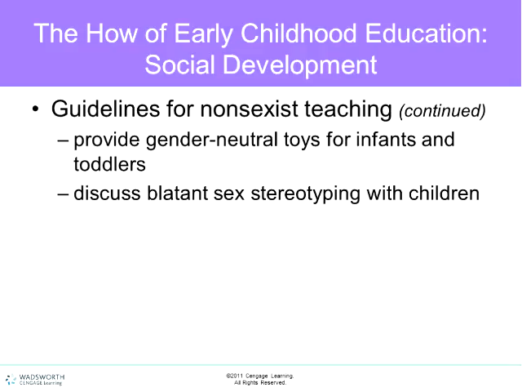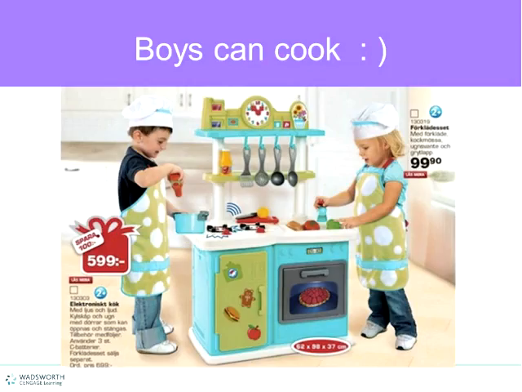I've got a few pictures to show you about this that I think is really neat. And discuss blatant sex stereotyping with children. One thing that comes to mind on that with me is don't say cry like a girl. Are you going to cry like a girl? So that's very sexist. That's saying that we're weak, and we're not. We know we're strong, and we want the little boys and girls to know that as well. And wasn't that a Nike ad that had something like that? Hit like a girl, run like a girl.